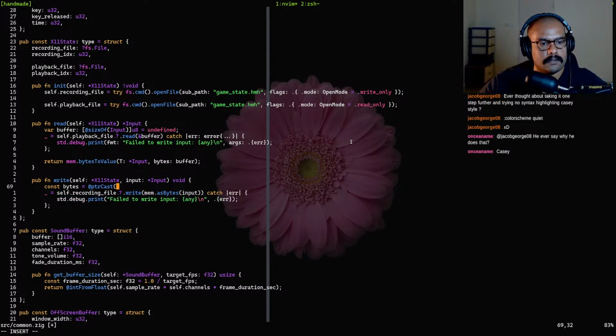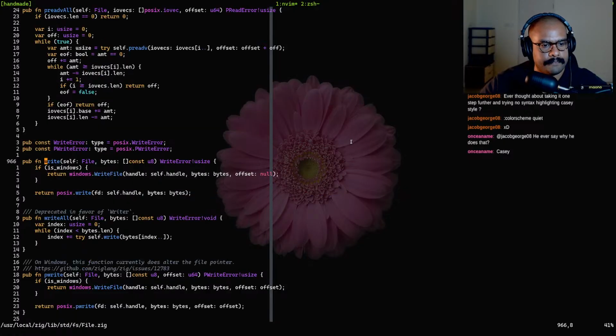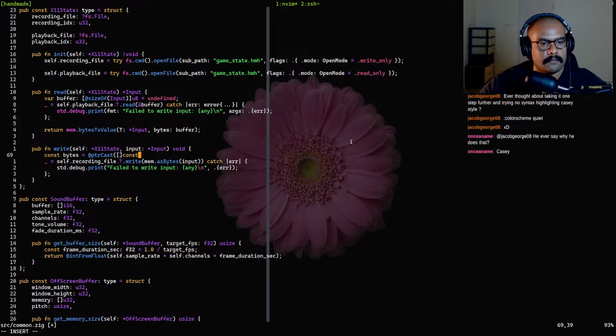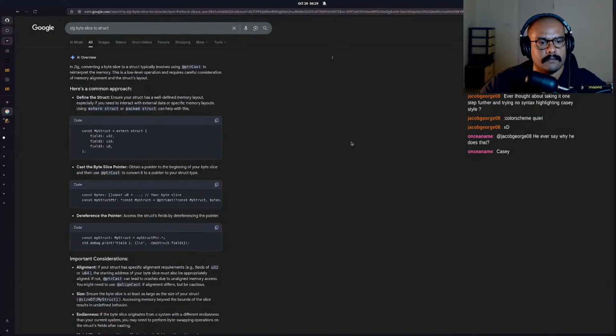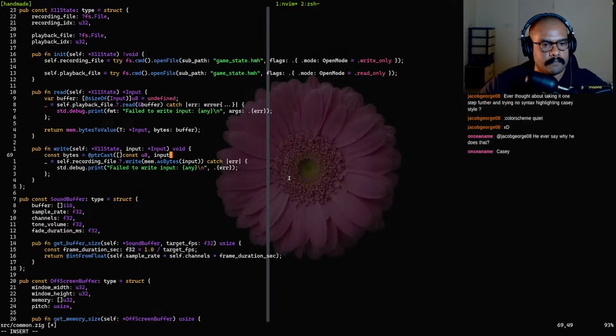Pointer cast. What does it need? Basically the opposite of this. Input. And just